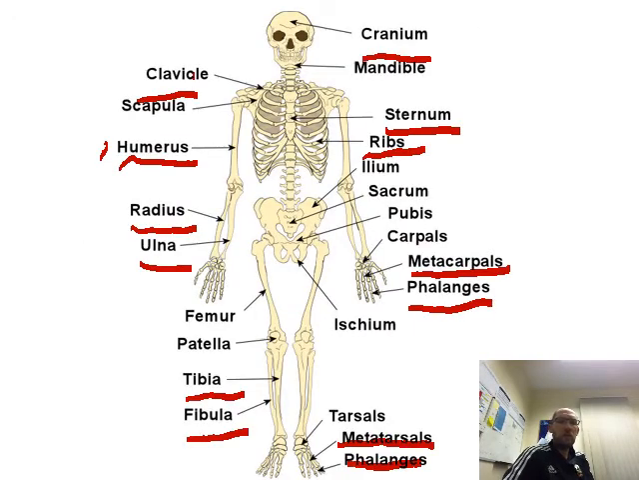Now, this is just a picture of a skeleton, okay? And these are the major bones in the skeleton we need to remember. So what we'll be trying to do is take off the different labels and you being able to label it yourself. So if we look